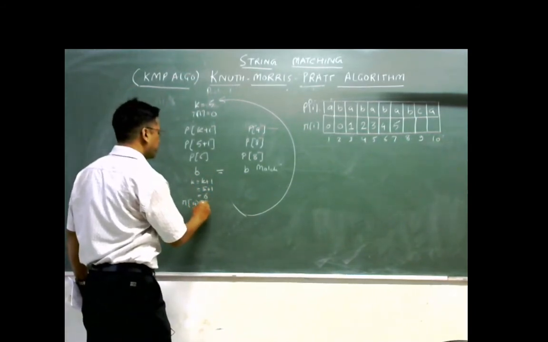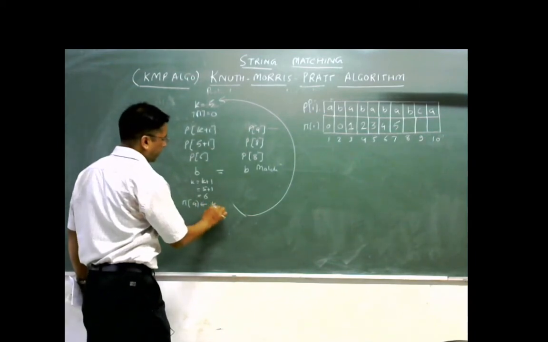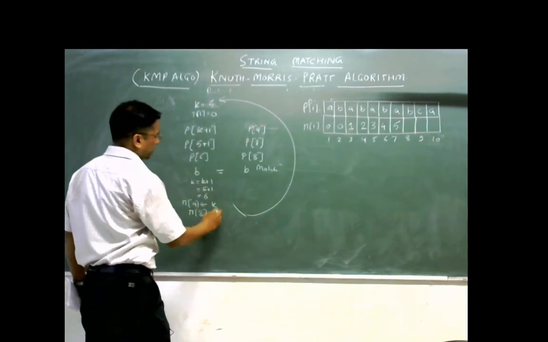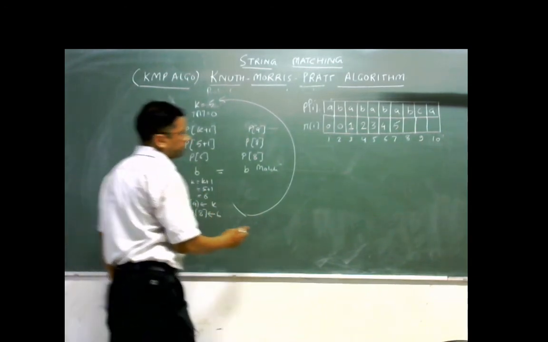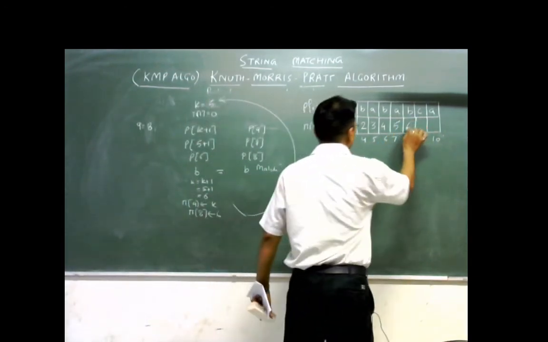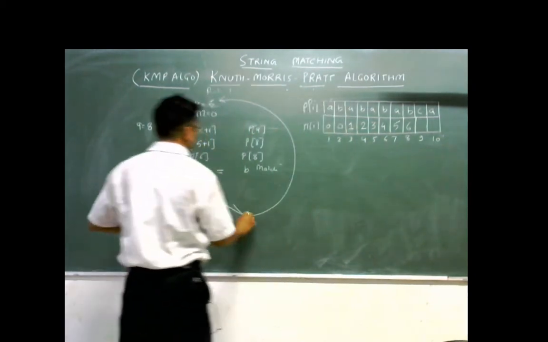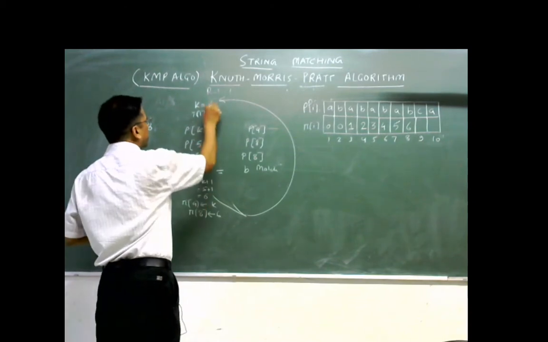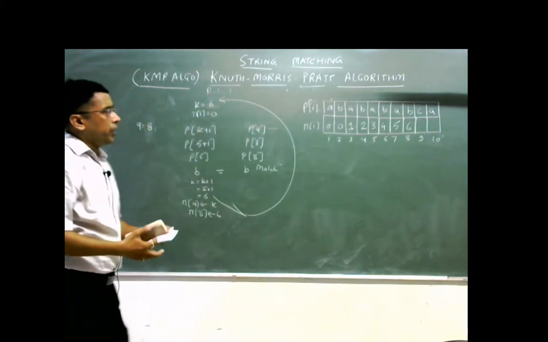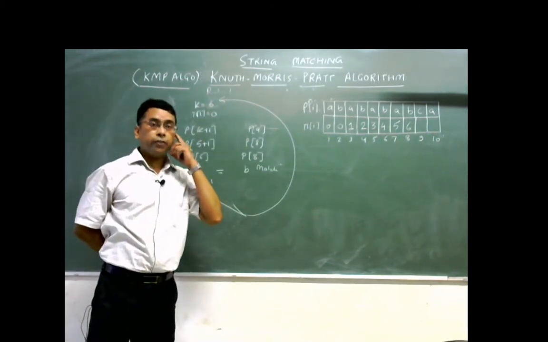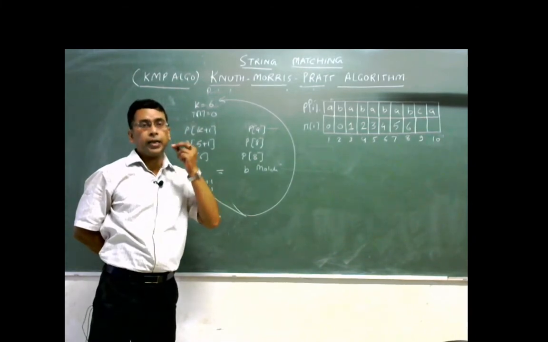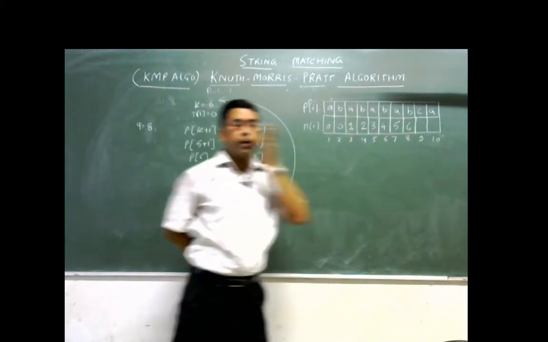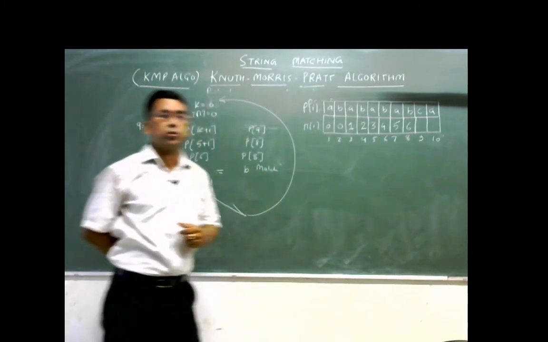The pi[q] function would become equal to k. The k value would be assigned, so pi[8] would become 6, and this value of k would be shifted here, updated here, so k would become 6. Till this position we have found only matching positions, and so the value keeps on increasing: 1, 2, 3, 4, 5, 6. But the next position situation would be different.